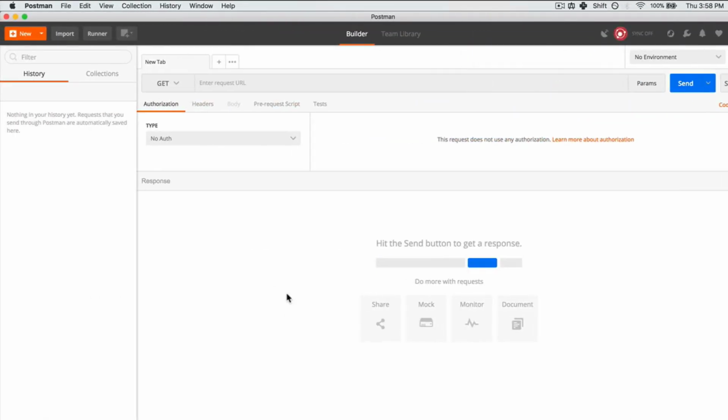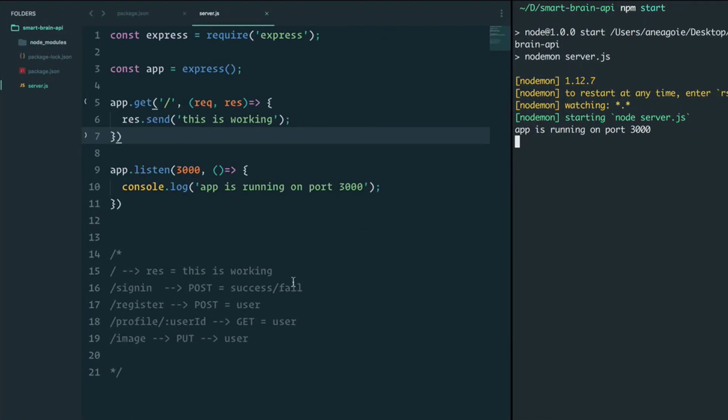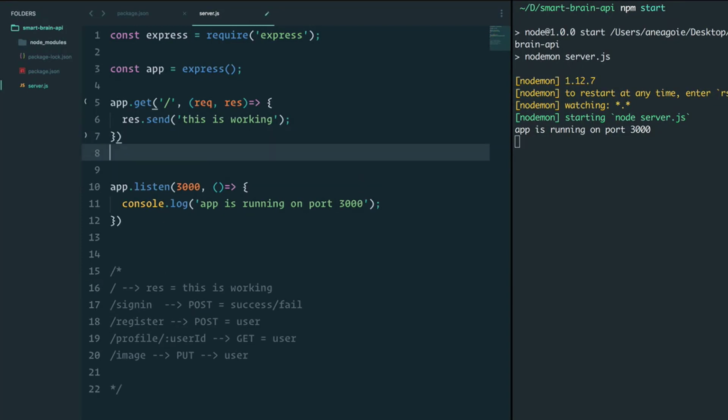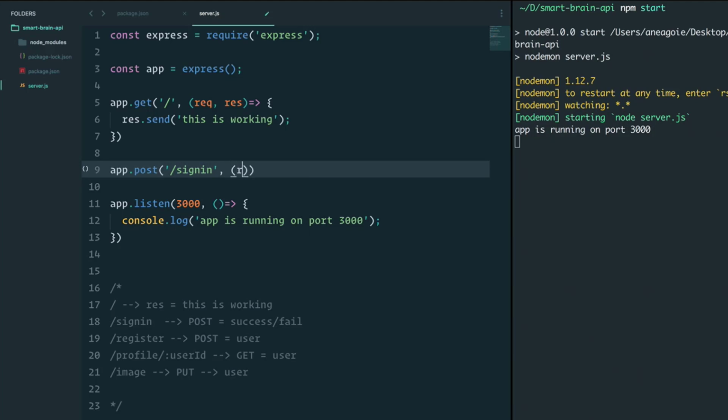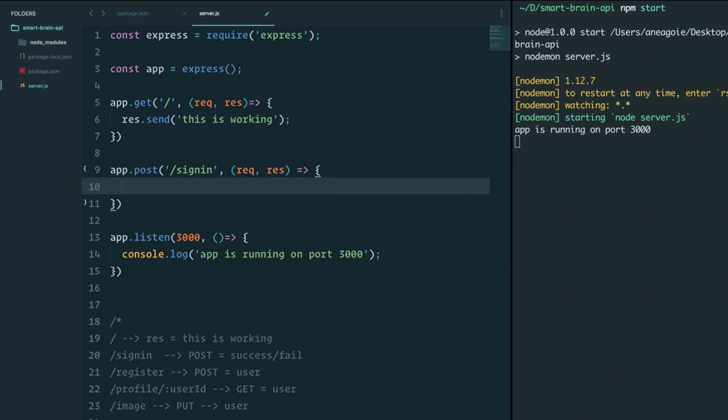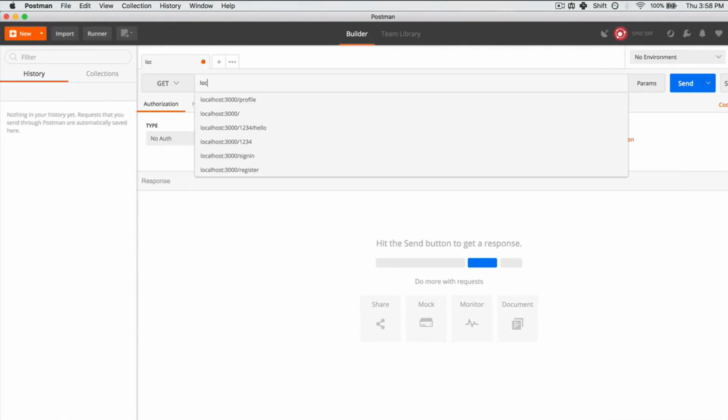All right, so I think it's time to get started. The very first thing we want to tackle is the sign-in. So let's think about this. I'm going to do app.post for sign-in. And when we do the sign-in route, we're going to have a request and response. And here, just to test that everything's working, we'll do response.send sign in. Let's save. Go to Postman, do localhost,